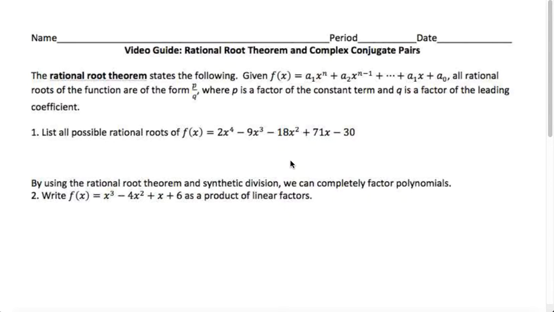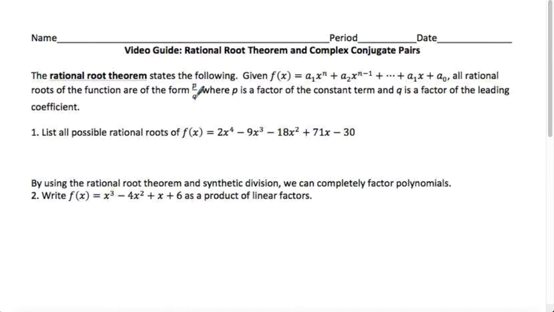The rational root theorem is the last thing that we need in order to be able to factor all polynomial functions that have rational roots. So all factorable polynomial functions. And it states the following. So given this polynomial function, so an arbitrary polynomial function, all rational roots of the function are of the form